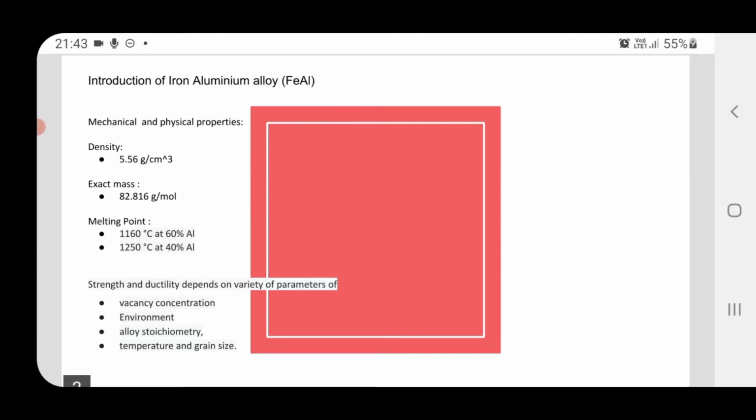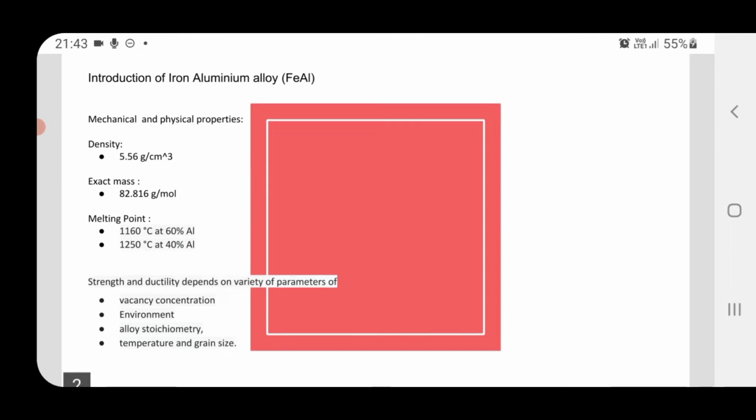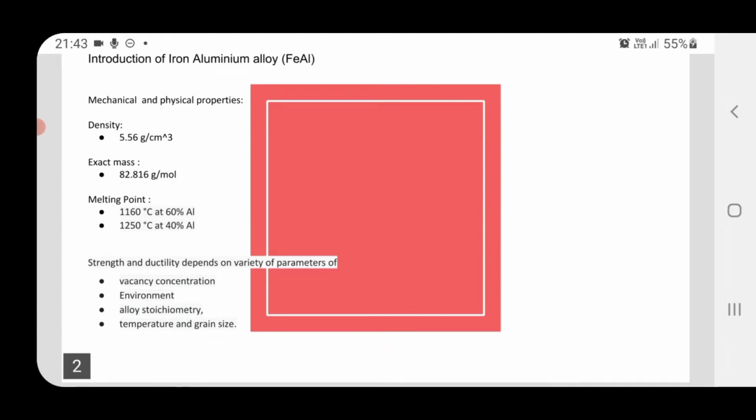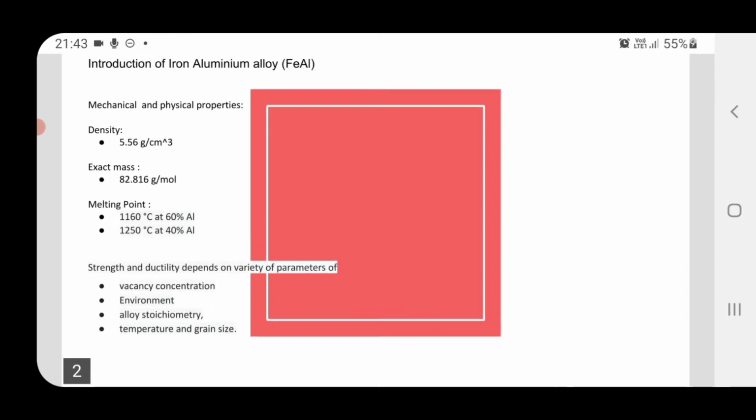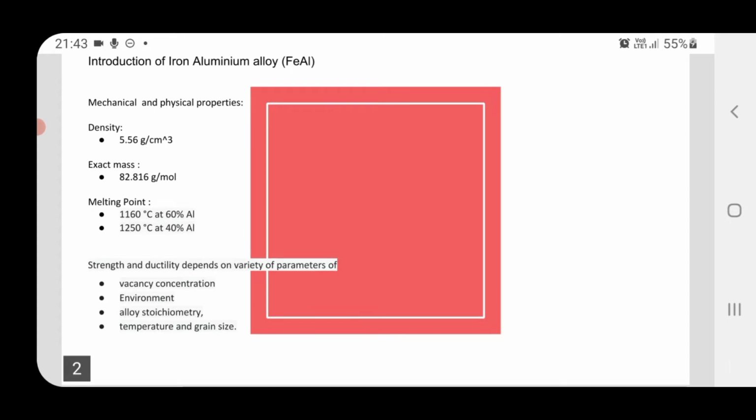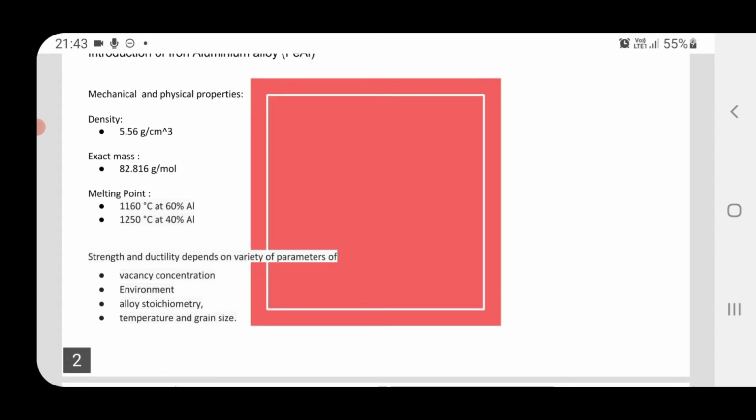We will talk about FeAl alloy, which is iron aluminium alloy. FeAl alloy is made up of iron and aluminium, combined together. And the mechanical properties of FeAl alloy are: its density is 5.56 and its exact mass is 82.816 g per mole, and its melting point is